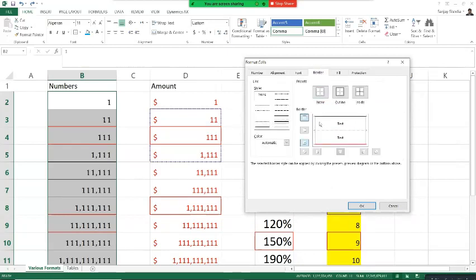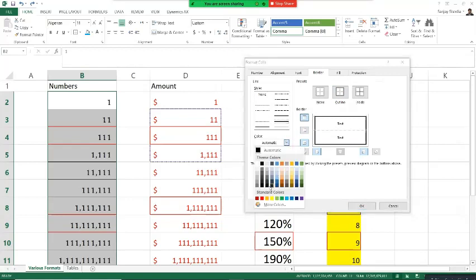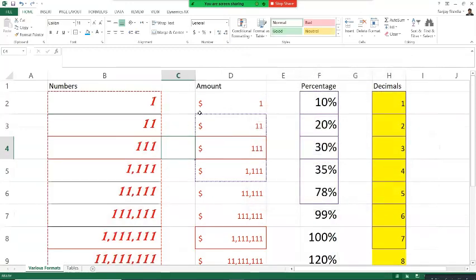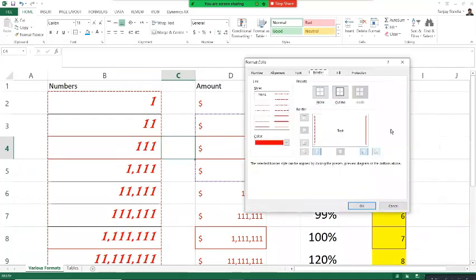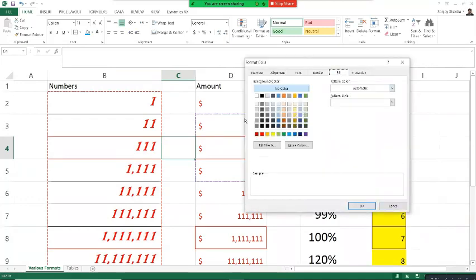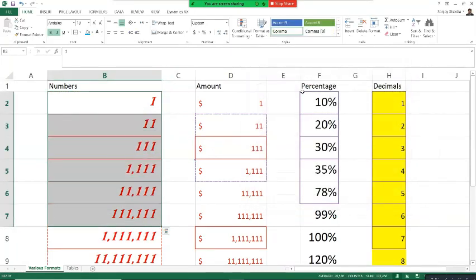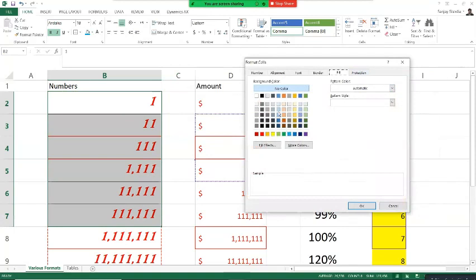Again, if you want to add borders, what type of border you want. If you want to change the color, first select the color, select the line type, and then select the border type. Let's see. Yes, it has changed for us. Control 1, again to open the dialog box, fill whatever color you want to fill. Sorry, first we need to make the selection and then fill. So whatever color you want to fill in the cell, you can click that color and click on OK.